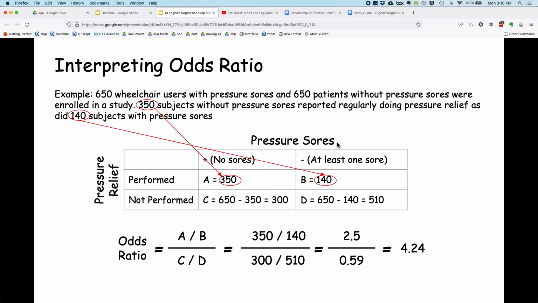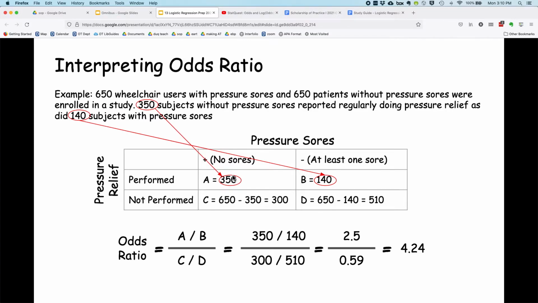So if we look at 650 wheelchair users who have pressure sores and 650 patients without pressure sores, and we find out that 350 of these people performed pressure relief